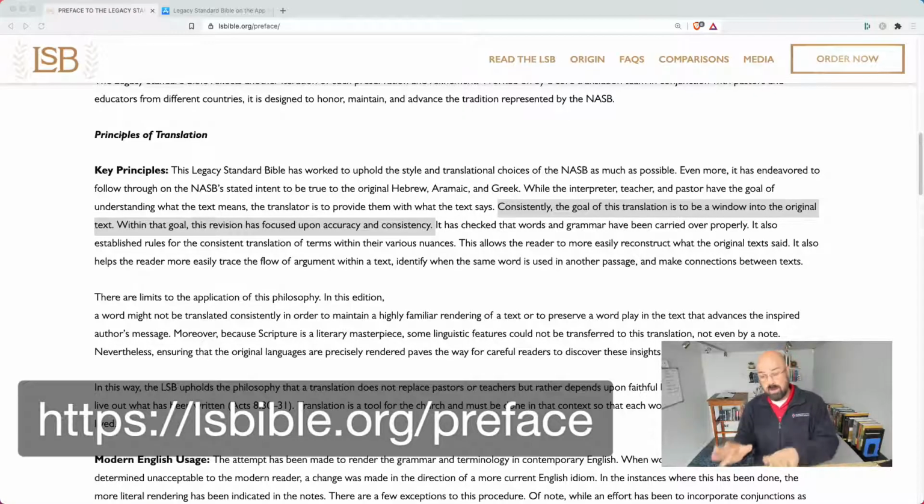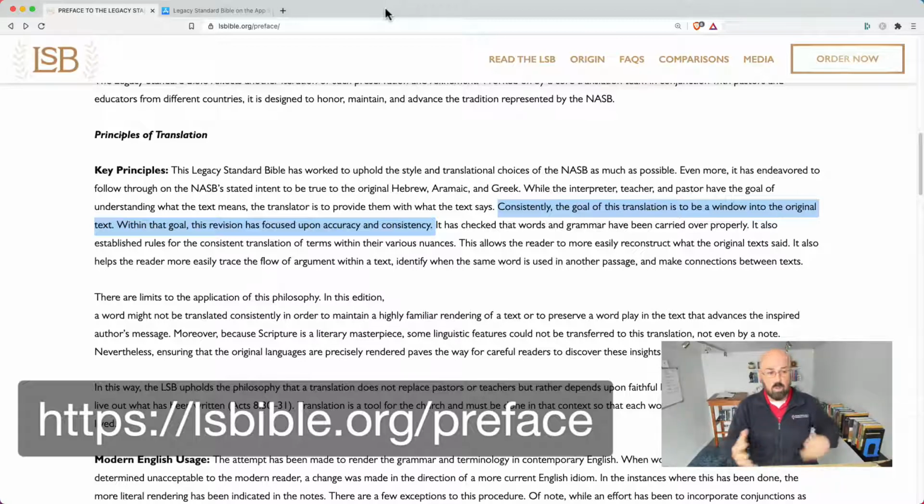For what it's worth, my family tend to use the Holman Christian Standard Bible, which I'll talk about a little bit in this video as well. That's a very good translation, and it's a little bit more free in a lot of ways, but it's still a very literal translation as well. Whereas this translation is intended to be a window into the original, right? So it's trying to give you clarity about what the text behind the English is actually saying,